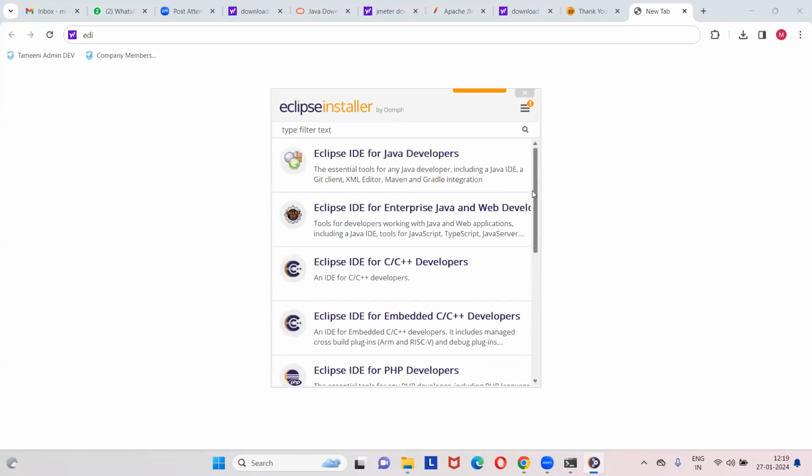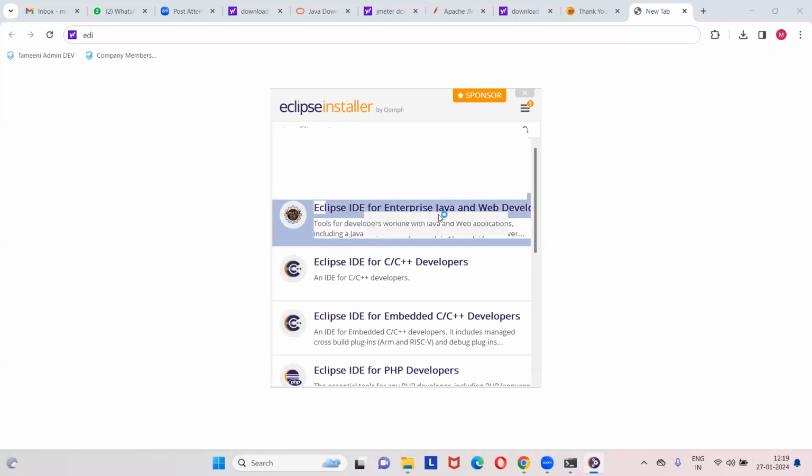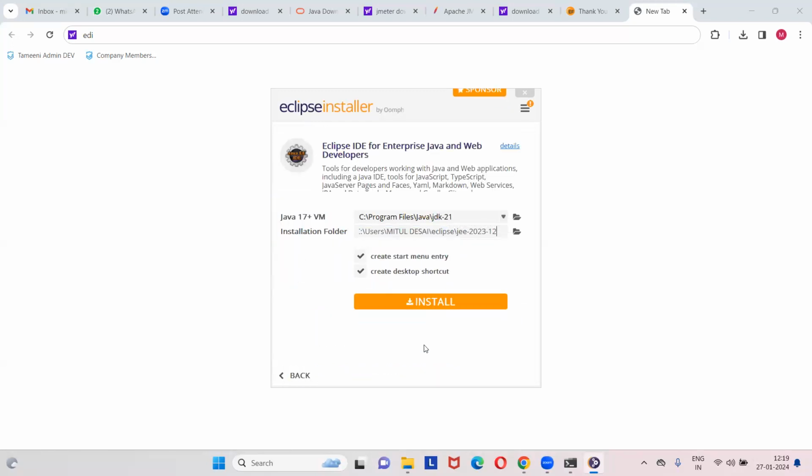Can you scroll to the top? Now on the top we have two options: Eclipse IDE for Java Developers, and below is Eclipse IDE for Enterprise. Enterprise has more features. So if we are getting it free, why should we not go for the enterprise version? Because we know that enterprise is more featured. So click on the second option. Yeah, click on that, and now you can see